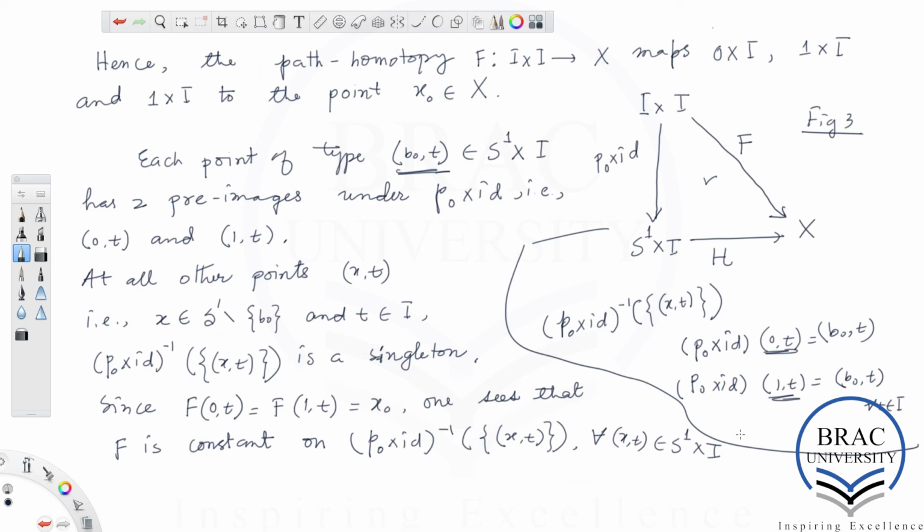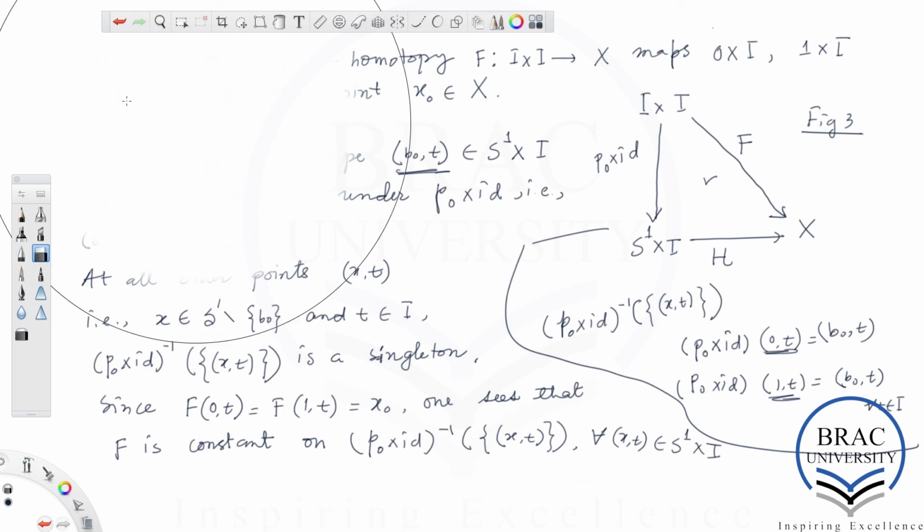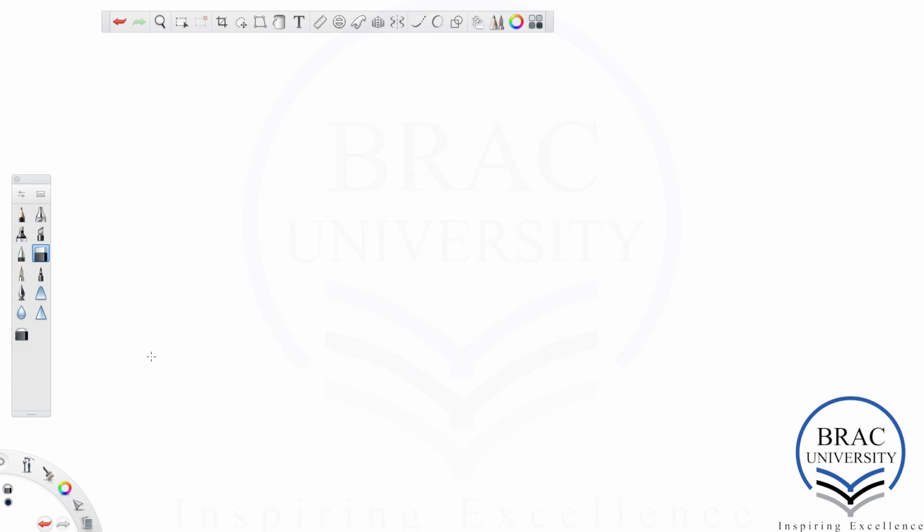Now we can apply theorem 2. We have the usefulness of theorem 2 now. Okay, so let me erase everything. Therefore, using theorem 2, one immediately finds that